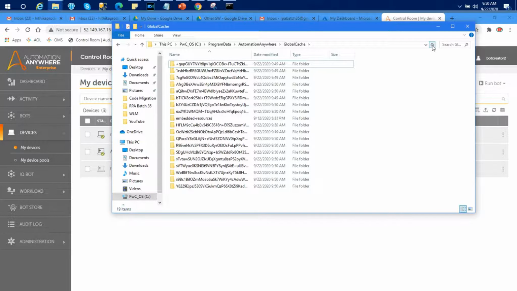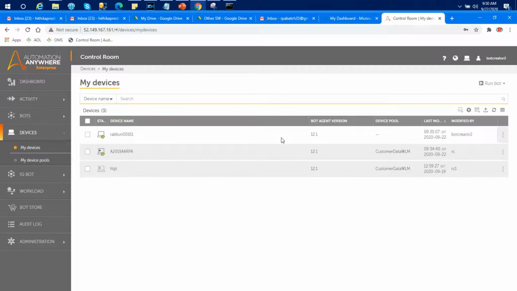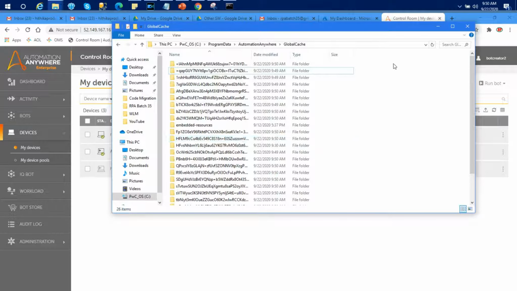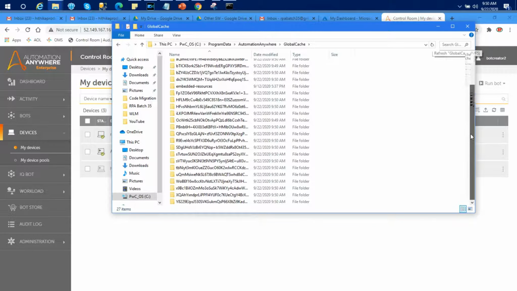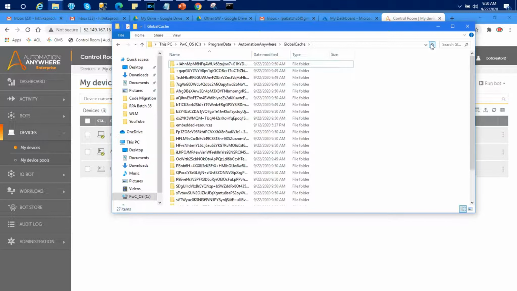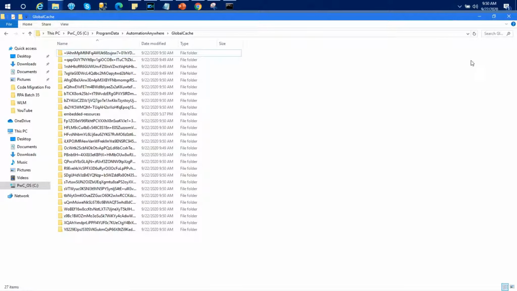What's going to happen when you do this is, whenever you run the bot, sometimes you might see "downloading dependencies" on the screen, and that takes some time. The reason is the packages are not preloaded, so it takes time to download those dependencies to your local bot agent or local machine. To avoid those delays and make the bot run faster, you can just go to devices and preload the packages. That will solve your issues, and it doesn't take a lot of time to execute the bot.